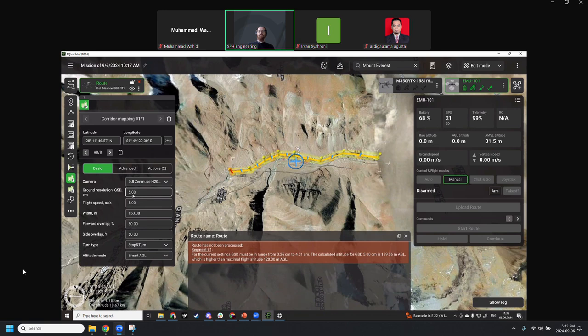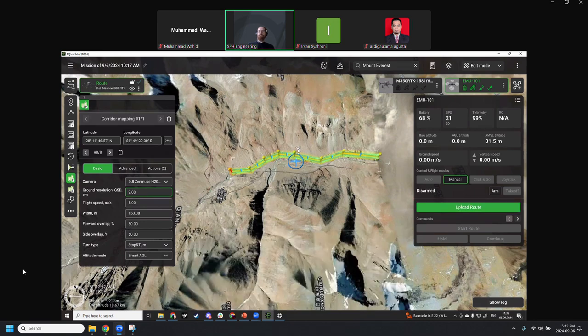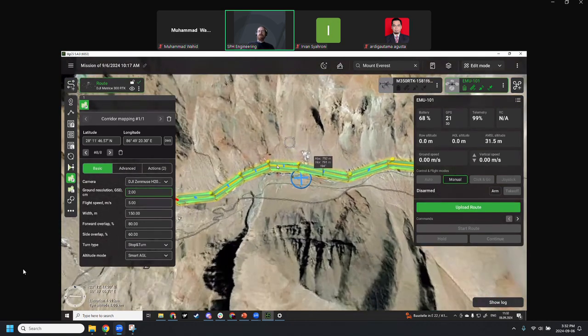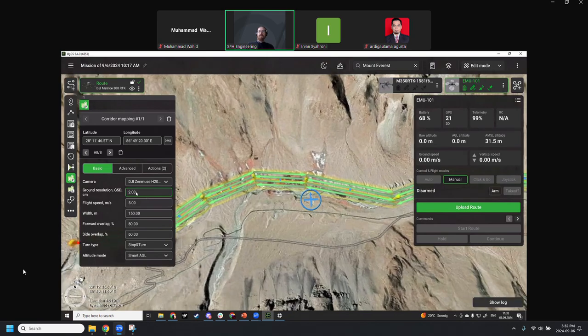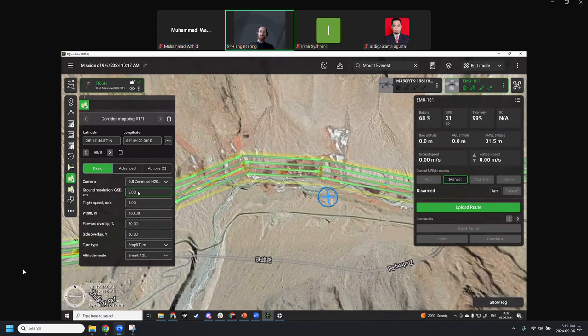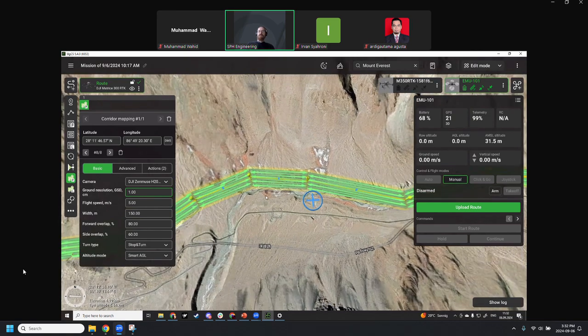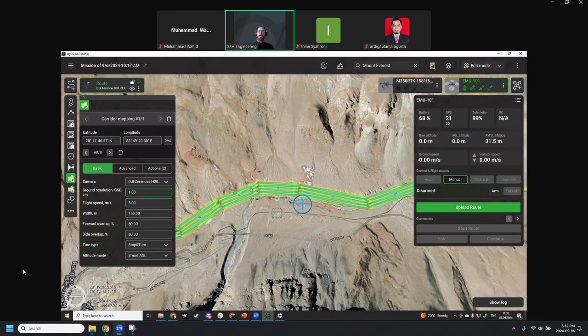So in this case, the GSD of 0.5 is not possible. So let's set it at 2. As you can see, it generated 4 flight lines, and if we change the parameters, it might change that. So the photogrammetry tool, well, all tools work on the logic that less is more. So if it's possible to capture this,